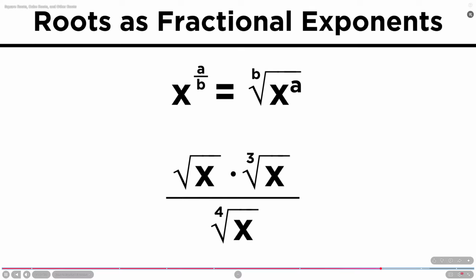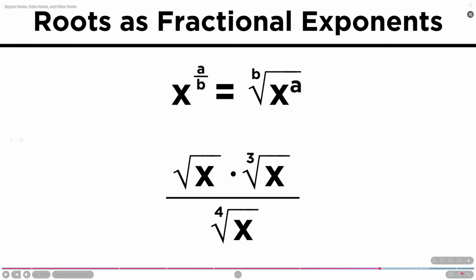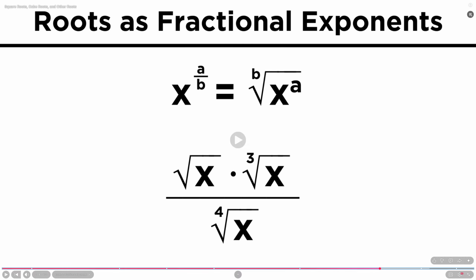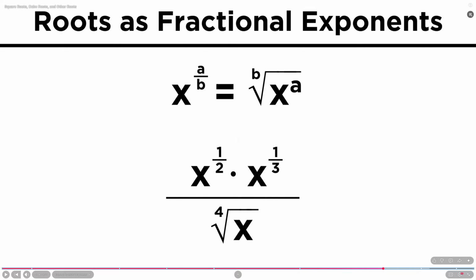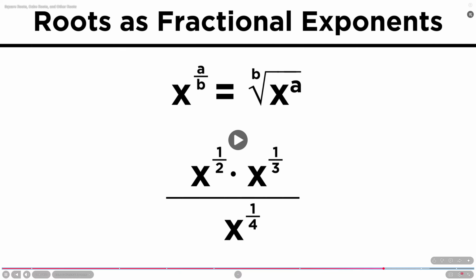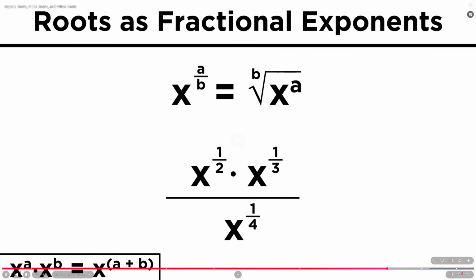First, let's change this to x to the 1/2 times x to the 1/3 divided by x to the 1/4. Since x to the a times x to the b equals x